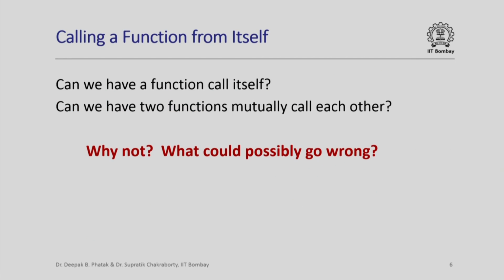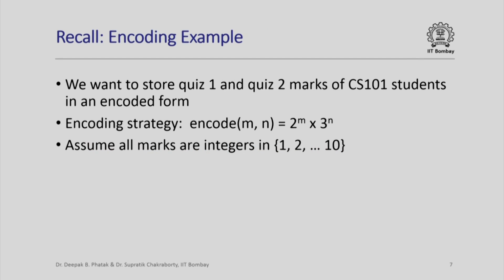Now one can ask, well, instead of letting one function call a different function, what would happen if we let a function call itself, or what would happen if we let two functions mutually call each other? So function 1 could call function 2 and function 2 in turn could call function 1. What could possibly go wrong if we let this happen? Well, in order to understand how this might work or not work, let us look at the specific example that we have just seen, which is the encoding example for CS101 students,